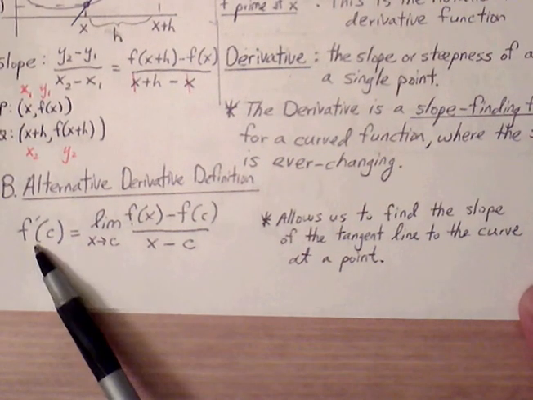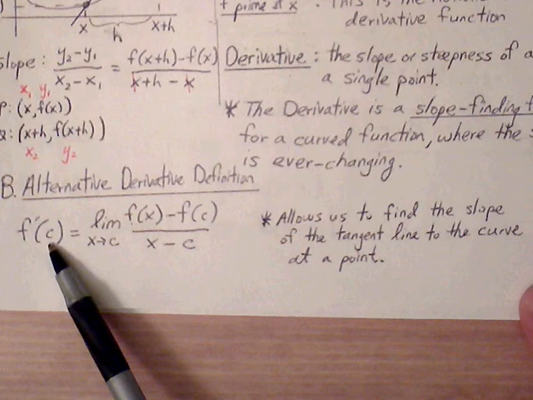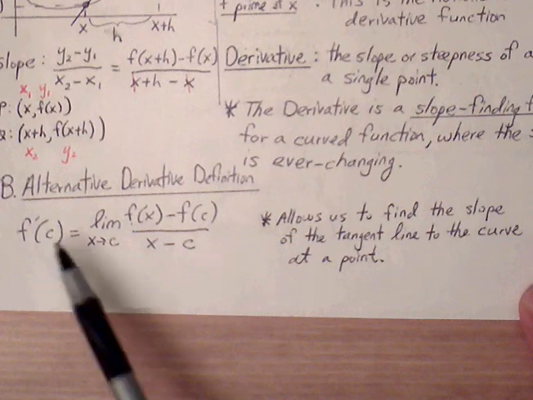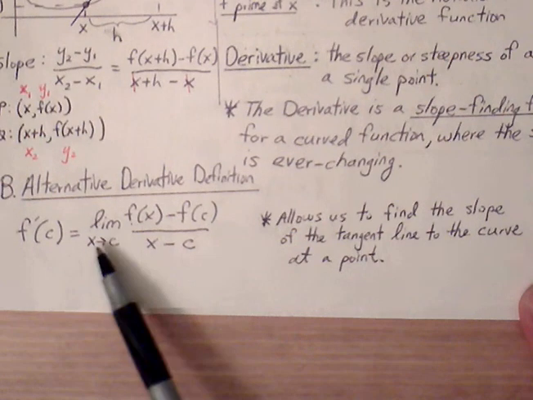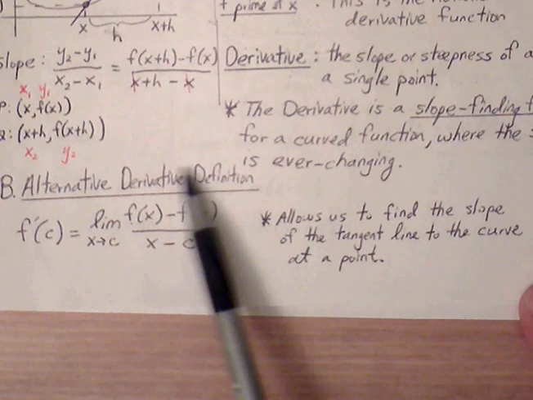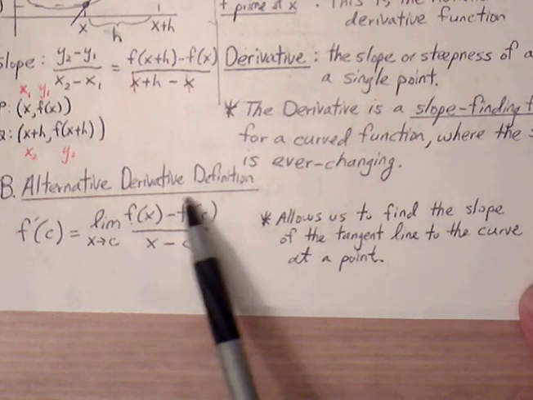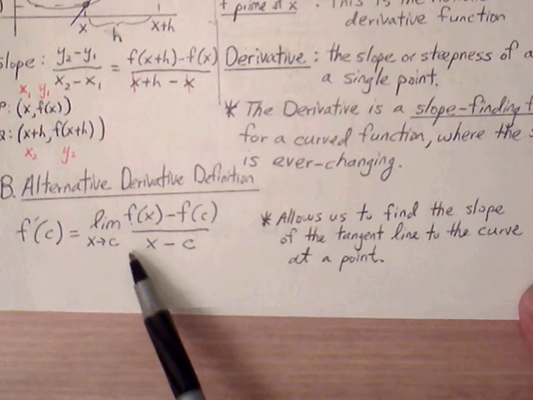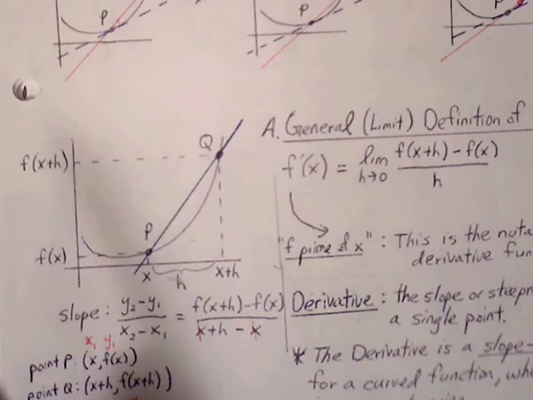So the rule is f prime of c, c being the x value that we want to evaluate the slope for the function. Limit as x approaches c of f of x minus f of c over x minus c. So you see there is a slope element to this formula as well. Okay. So let's look at